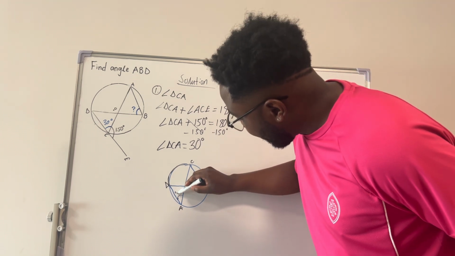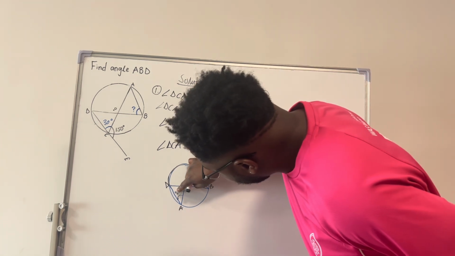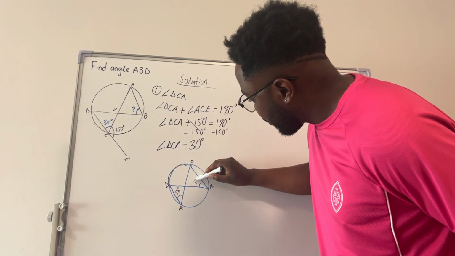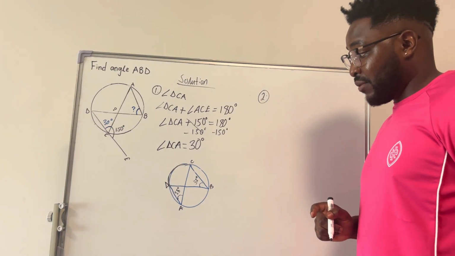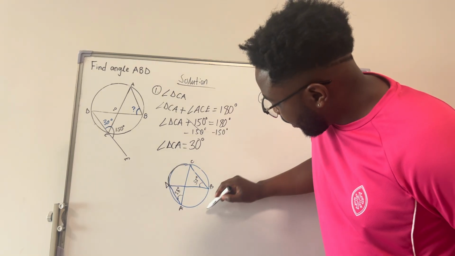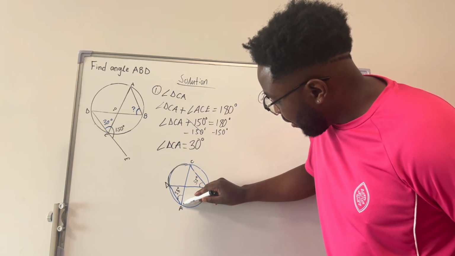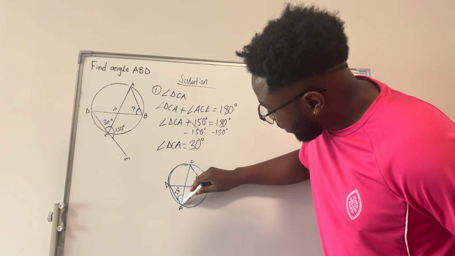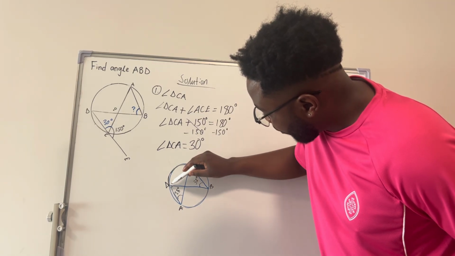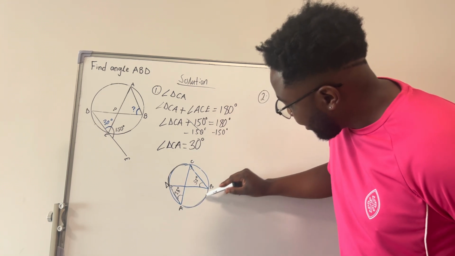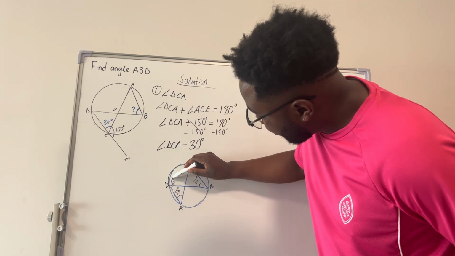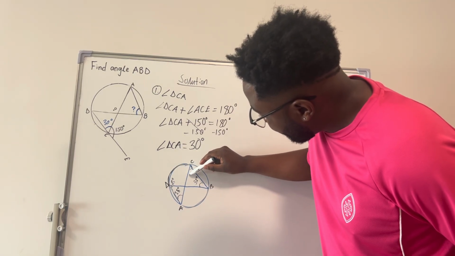So if this angle is 35 degrees, that means this angle will also be 35 degrees. And then if we look at this other arc over here, AB, this angle is obtained by arc AB, and this angle as well here is obtained by arc AB. So if this angle D was 28 degrees, that means angle C will also be